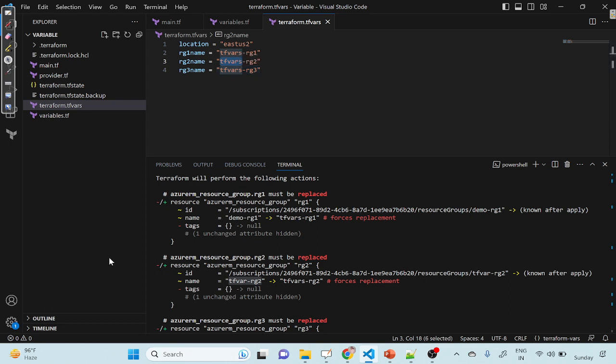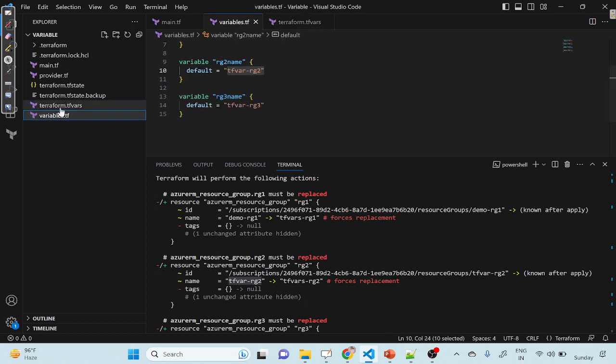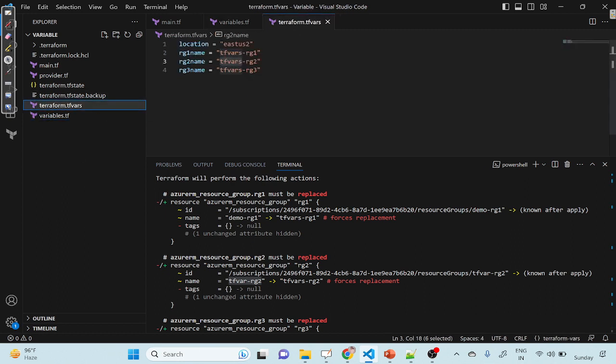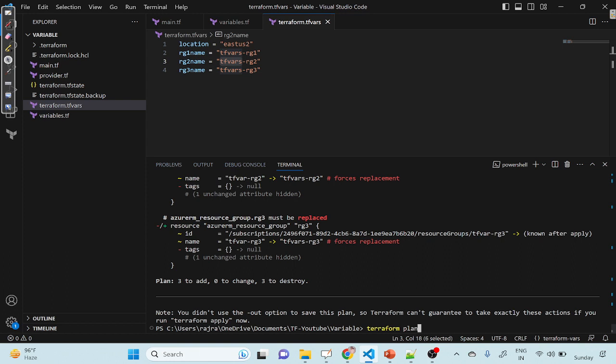So whatever values we have given, right? Here we have given tf var and now we have given tf vars. So it is being replaced. So tf var is being replaced with tf vars. It means it is picking up the values from terraform.tfvars file. Now if you do the apply,